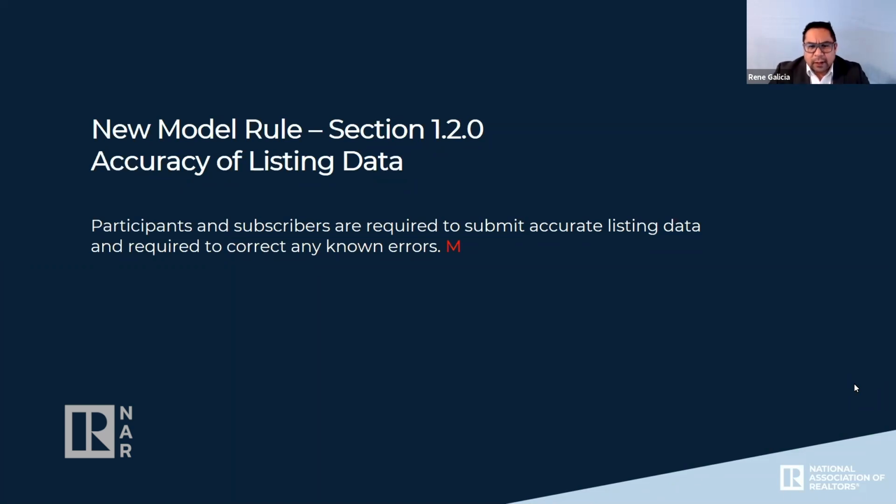Rodney, can you give us an overview of the intent behind this policy and what's the genesis of us getting to this model rule? Yeah, thank you very much, Renee. And thanks everybody for joining us today to go over the 2021 changes in policy. A number of the policy changes for this year stem from the MLS Standards Work Group. That work group is still in existence, started continuing their work again just yesterday.